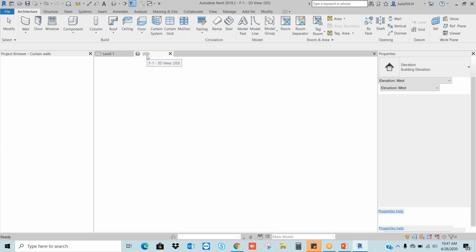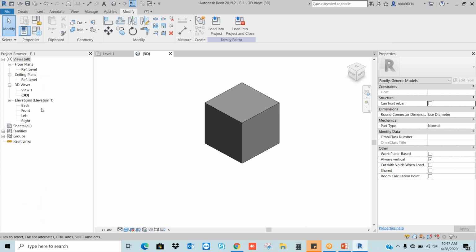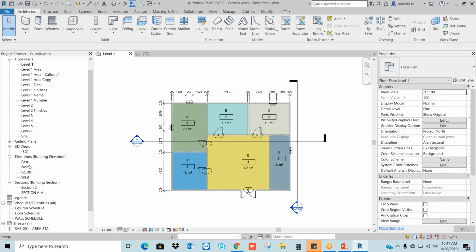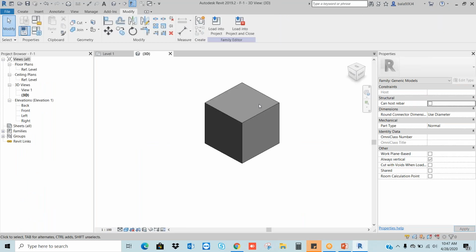If you go to this family module, you can see the views of the particular component. From front view, how can we see? From top view, how can we see? From back side, how can we see? These kinds of views. In the project, we have elevations, meaning directions of the building. In the family, you can see the sides of the component.